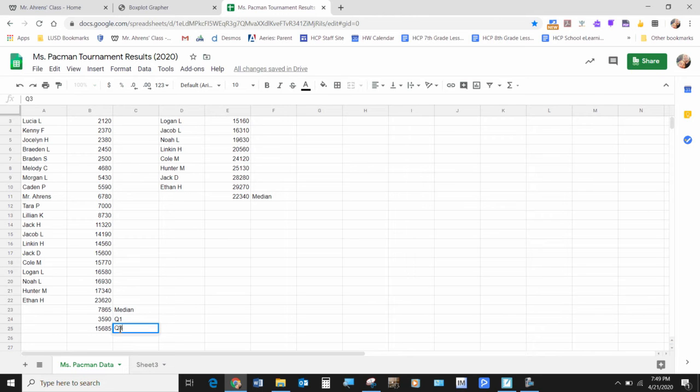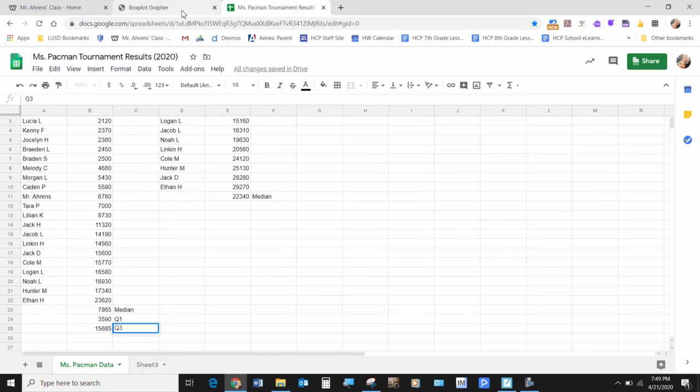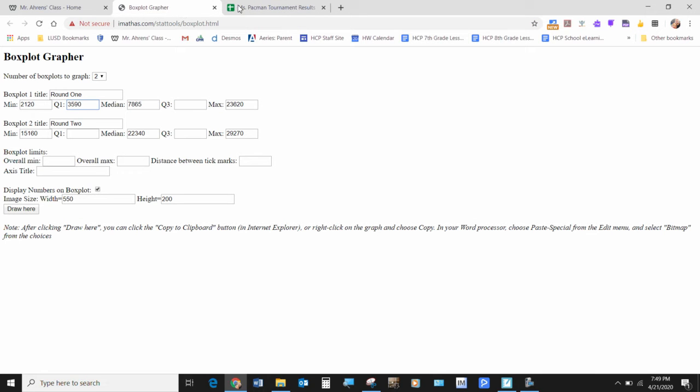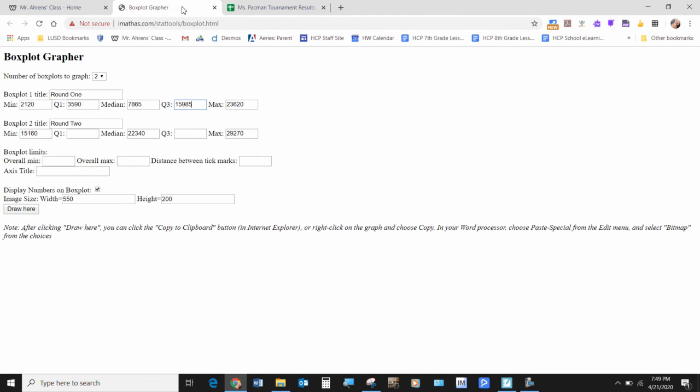So I'm going to go ahead and put that information into my parallel box plot for round one. That was 3590 for quartile one. No, that's round two. Round one. What was it again? 3590, and quartile three was 15,685. All right. When I eventually hit this button that says draw here, this is going to give me